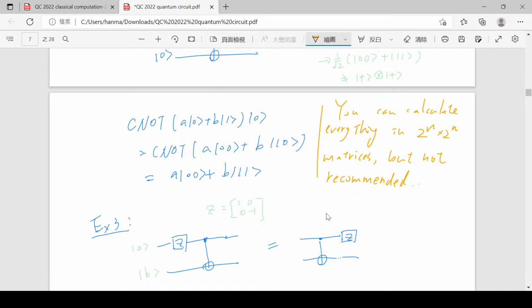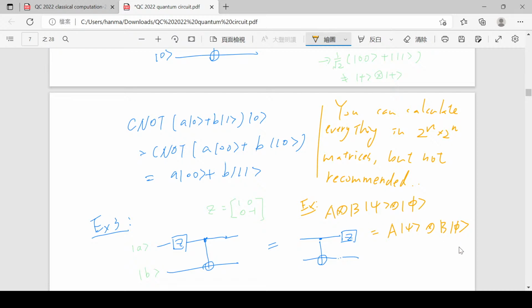Remember, we also have this slot-to-slot thing, right? So we have (A ⊗ B) acting on ψ ⊗ φ equal to Aψ ⊗ Bφ, right? We have this relationship. I would say it's true. And you want to do this kind of thing instead of tensoring everything out, because then you can do